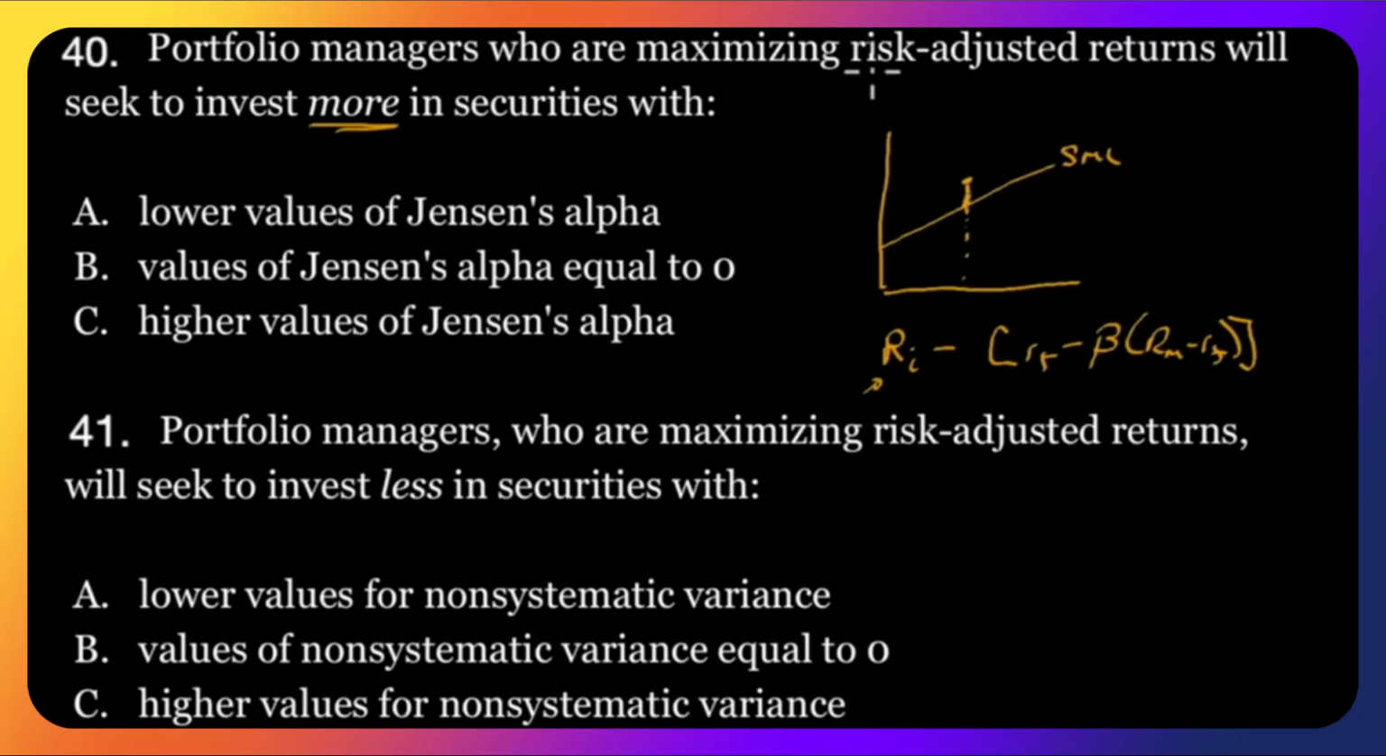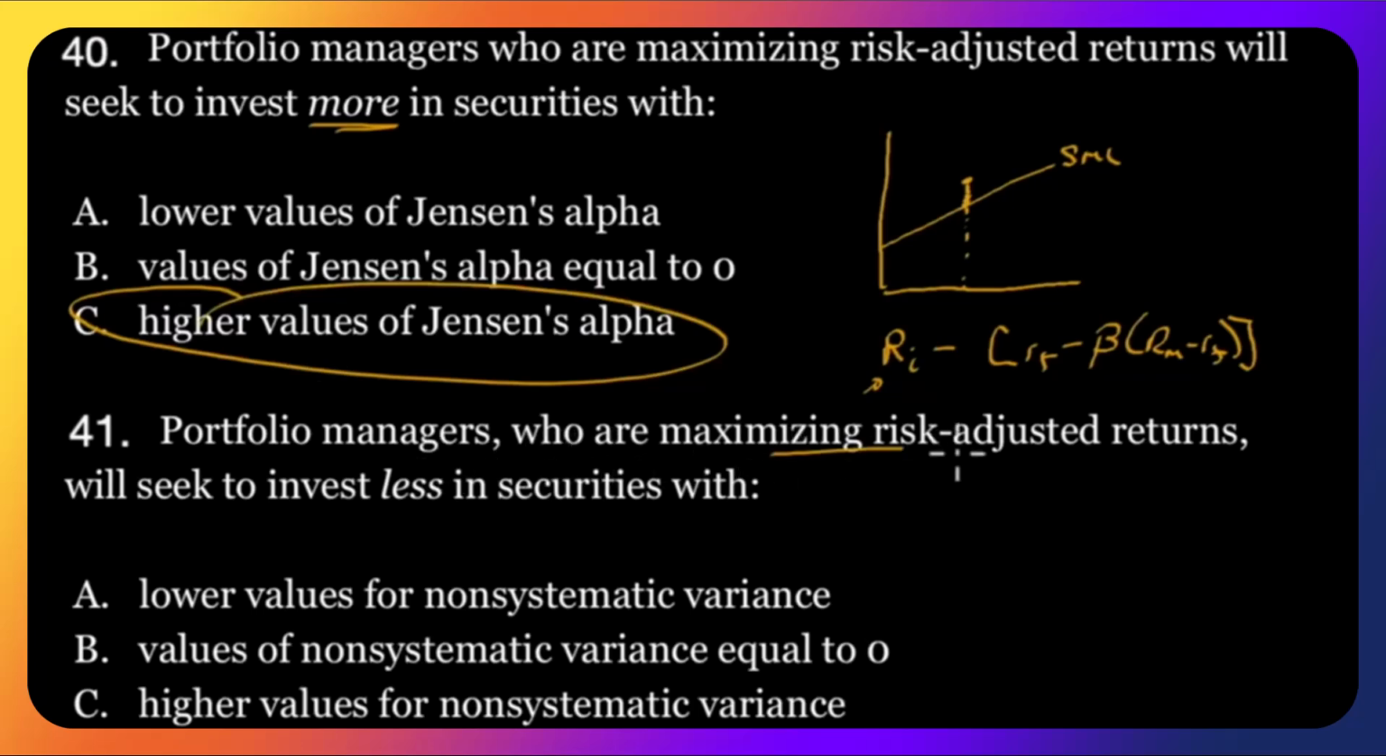So if we want to maximize our risk-adjusted return, it's for the same level of risk, but a positive alpha means we're above the security market line. We seek to invest more in securities with higher values of Jensen's alpha. There we go. Portfolio managers who are maximizing risk-adjusted returns will seek to invest less in securities with lower values for non-systematic variance, values